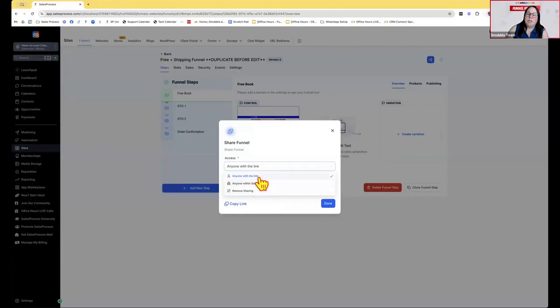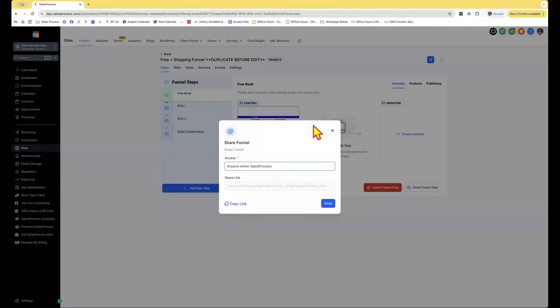So you can, I would choose anyone within Sales Process, because you're probably trying to use that as an affiliate bonus, correct? Yes.